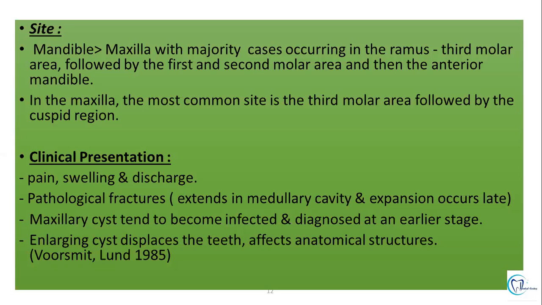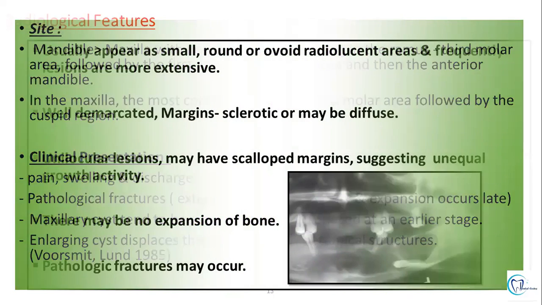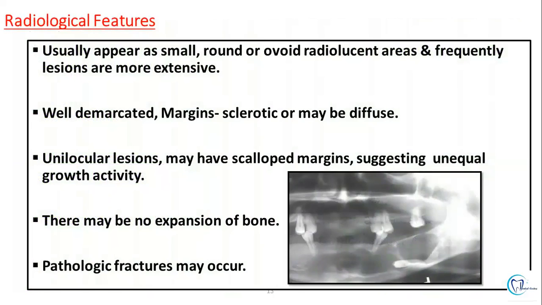It is an incidental finding on routine radiograph, but in cases of the maxilla, diagnosis can be at an earlier age because of infection. And if this cyst enlarges, it displaces the teeth and also affects the anatomical structures in the vicinity. When we talk about the radiological features, usually it appears as a small round ovoid radiolucent area,